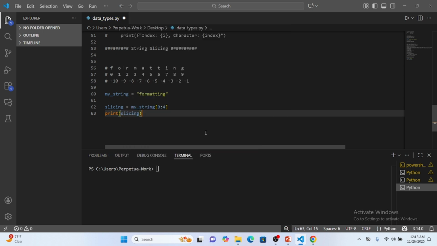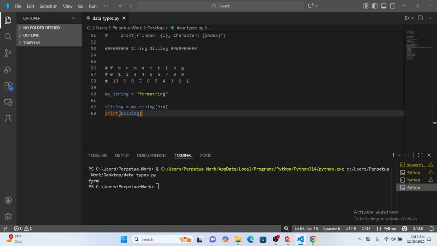And I'm going to save and run. So now we have just "form", right? So if I want to access any other particular index, you can just look at all of this. So assuming I want to start from this T and then end at 9. Okay. So, but this time around, I want 9 to be included, the index 9 to be included, but there